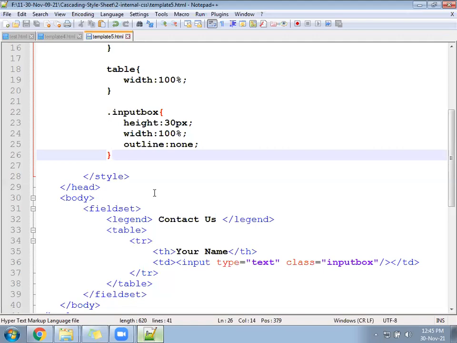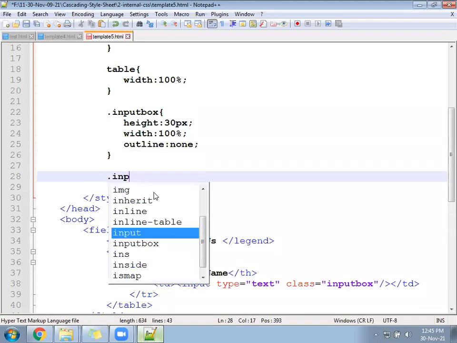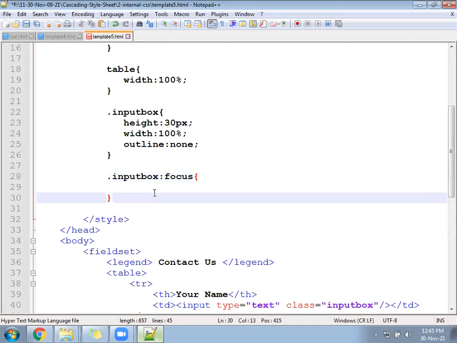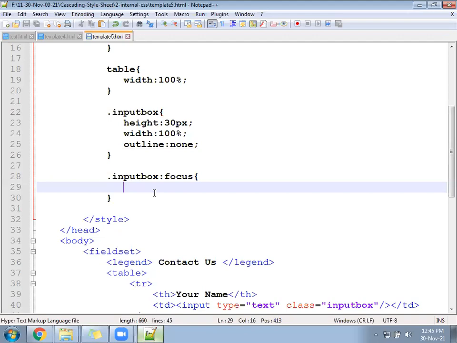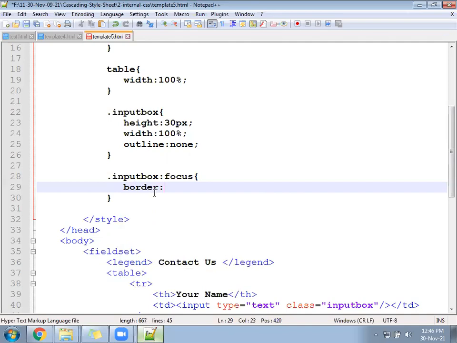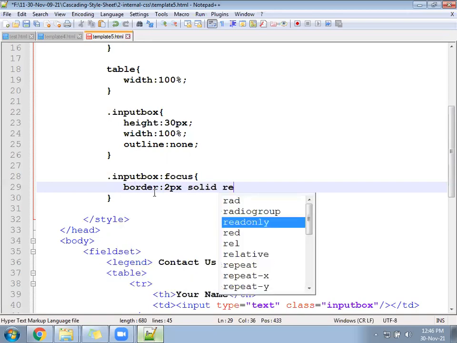So we'll write here dot input box colon focus. Right inside, border, maybe 1 px or 2 px, 2 px solid red color.